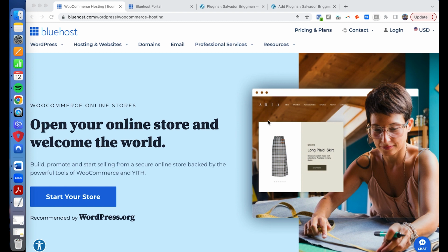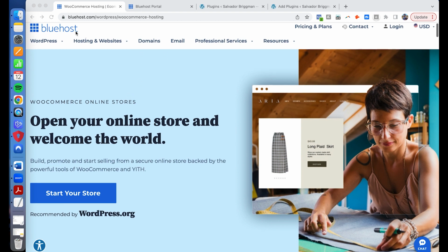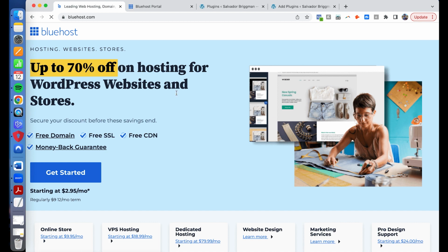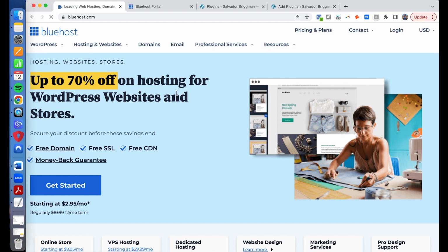And basically what you can do here is you can come to bluehost.com, and they have a bunch of different options available to you. So if you come to the main website of Bluehost, if you're following along, first of all, this is the go-to solution for people that want to start a WordPress website. And I'll get into some of the pros and cons of WordPress versus some other tools out there like Shopify or Wix, right? WordPress gives you an extreme amount of customization ability, really easy functionality, and to set up an